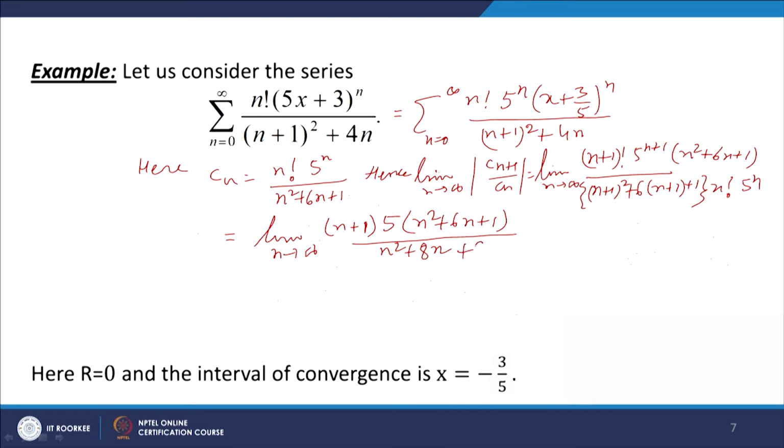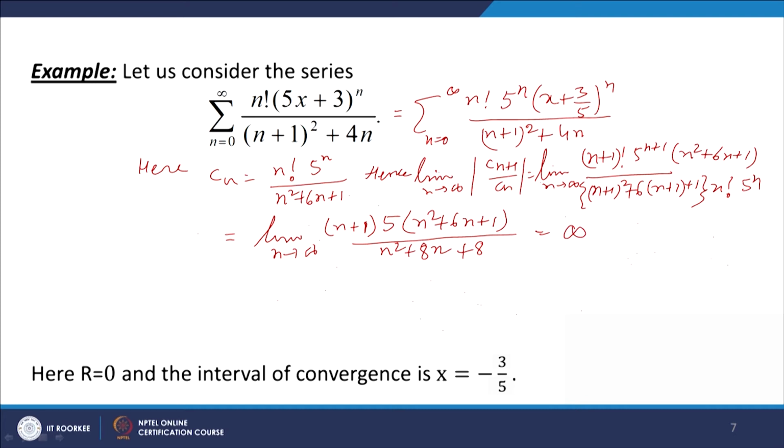So, we have 8. Okay, now, let us see, this is a polynomial in n of degree 2 and the denominator is also a polynomial in n of degree 2. So, (n square plus 6n plus 1) over (n square plus 8n plus 8) will tend to 1 as n goes to infinity and n plus 1 will go to infinity. So, the limit is